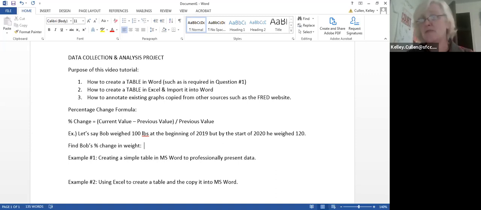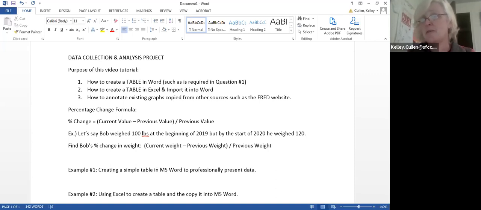So to look at Bob's percentage change in weight, we would take his current weight, minus previous weight, and then divide that by the previous weight. Okay, so using that formula, then Bob's